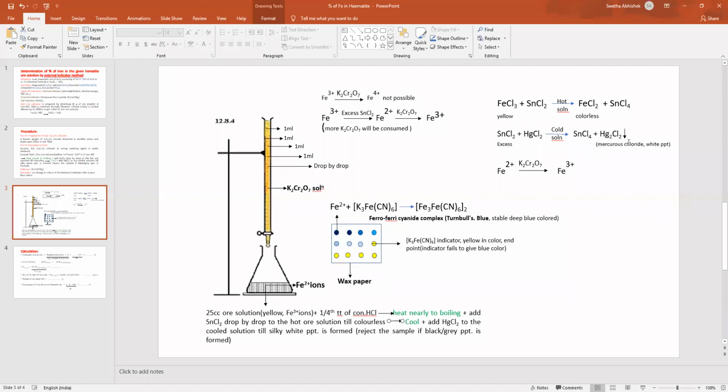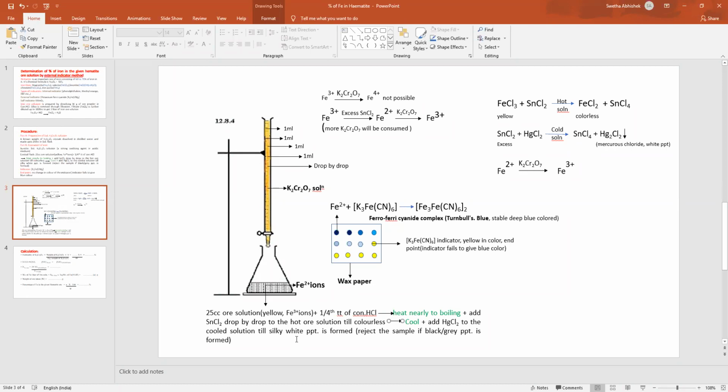So formation of white precipitate indicates what? Excess stannous chloride is removed by adding mercuric chloride. This reaction occurs effectively in cold condition. Therefore, before adding mercury chloride, the reaction mixture should be cooled completely to room temperature. Now, if you get silky white precipitate at the end, that indicates your reaction mixture is ready for further